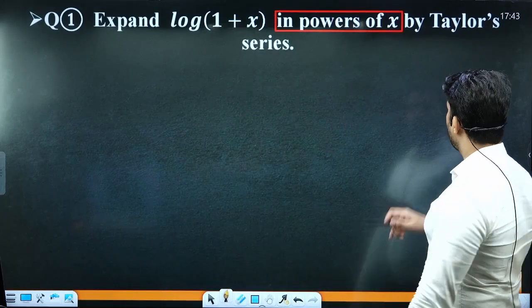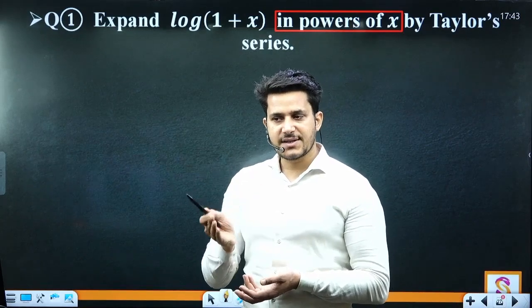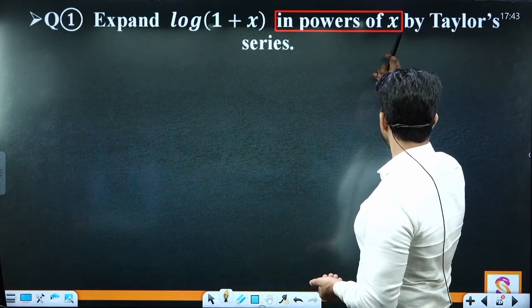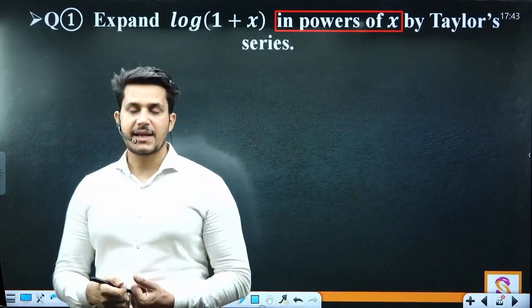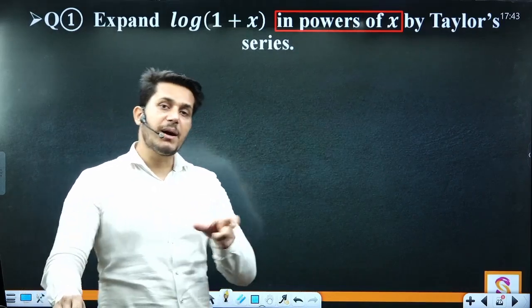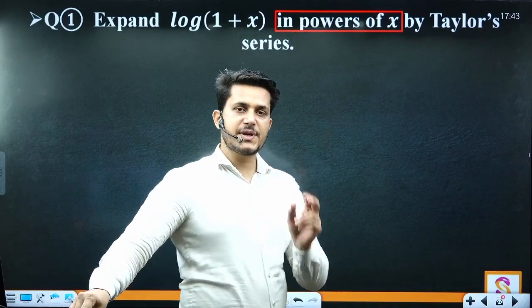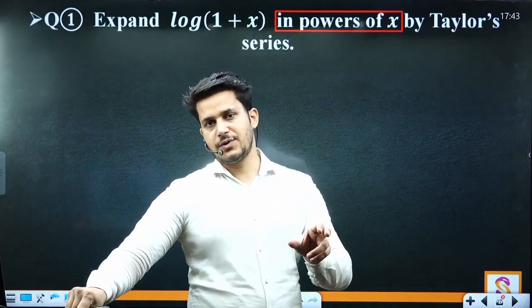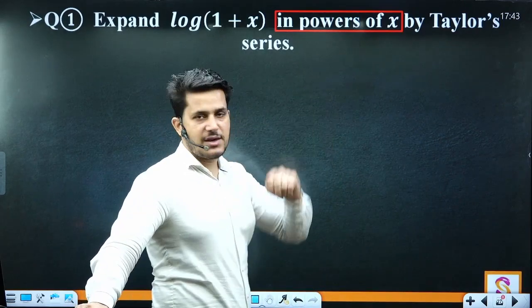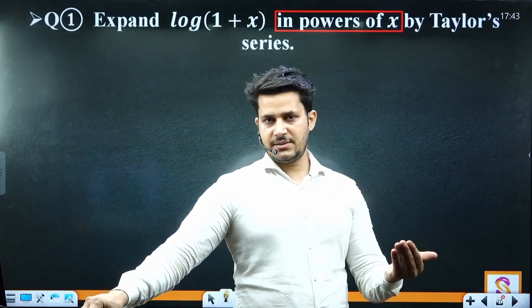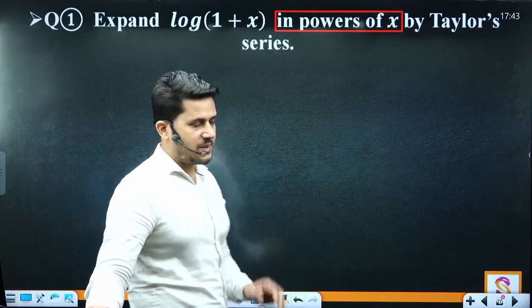In powers of x means h will be x. h का काम x करेगा in powers of h, है ना? तो h का मतलब यहां पर क्या है? x. बाय टेलर्स सीरीज लिखा भी है, अगर एग्जाम में नहीं भी लिखा होगा, बट दिस टर्म इज यूज्ड इन पावर्स ऑफ समथिंग, देन यू हैव टू अप्लाई जस्ट टेलर्स थ्योरम बिकॉज इट इज अ स्पेसिफिक थ्योरम जो किसी भी फंक्शन को इन पावर्स ऑफ सम अदर वेरिएबल्स में भी एक्सपेंड करा सकती है. वो कह सकते हैं इन पावर्स ऑफ 5, इन पावर्स ऑफ t, इन पावर्स ऑफ z, तो वही h का काम करेगा. बस इतना बात आपको ध्यान में रखनी है.